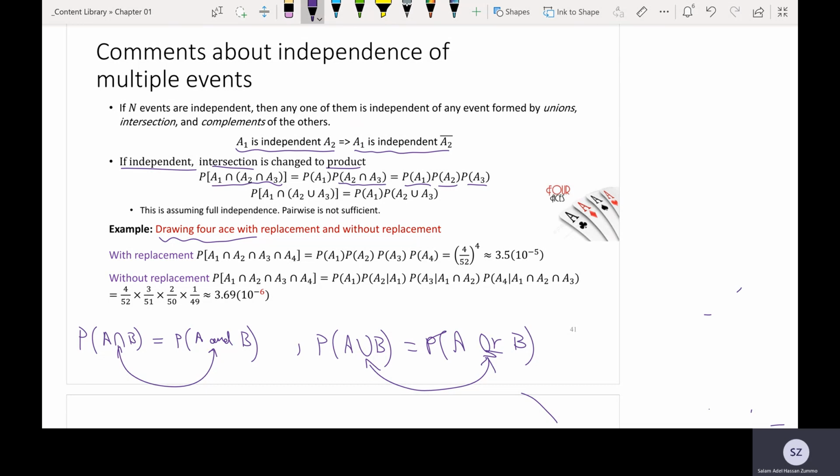And then I replace it, and then I select another card at random, see whether it is an ace or not, and then I put it back. What is the probability that I select 4 aces in a row? 4 over 52 for the first ace. Now I draw again. What is the probability that I select an ace? It's 4 over 52 multiplied by